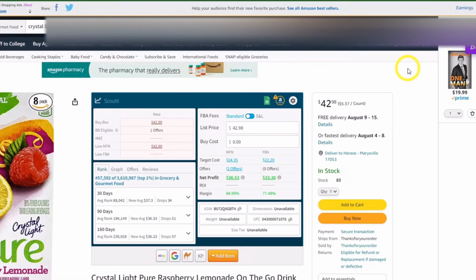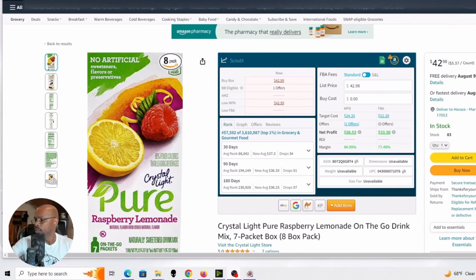And this is why I was saying, you don't have to do these steps in the order that I give. But if you do, it's going to save you time. You don't want to spend all kinds of time evaluating only to find out you can't even sell the product. So one easy way to know whether or not you could sell the product is literally just attempt to list the product. Go into your Seller Central, take the ASIN, and actually attempt to list. It'll tell you right then and there whether or not you can do it.